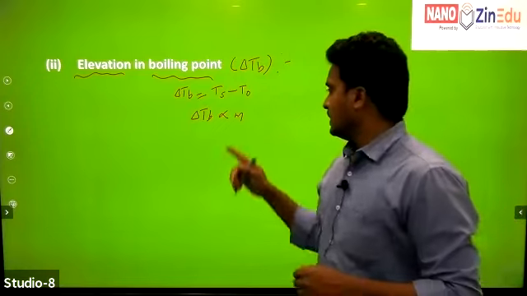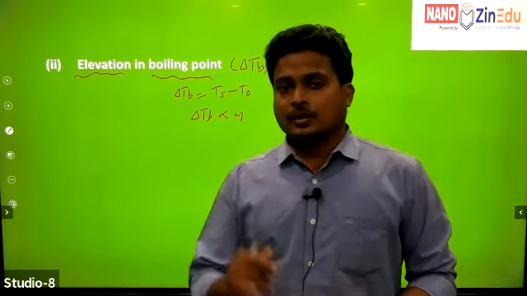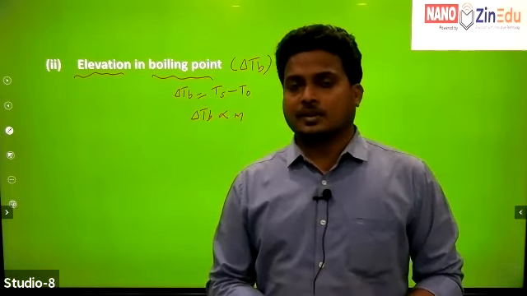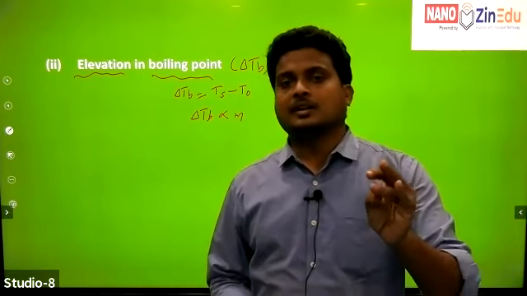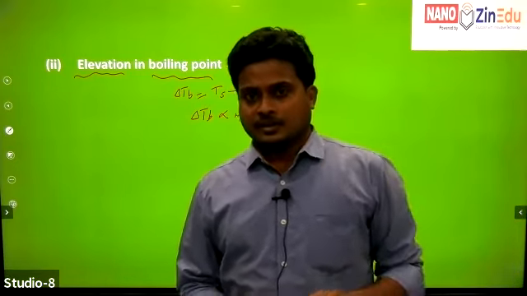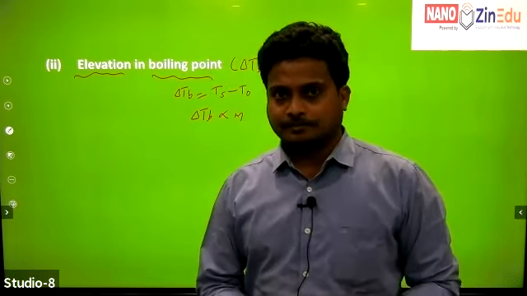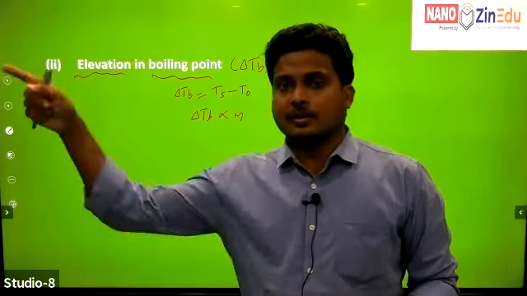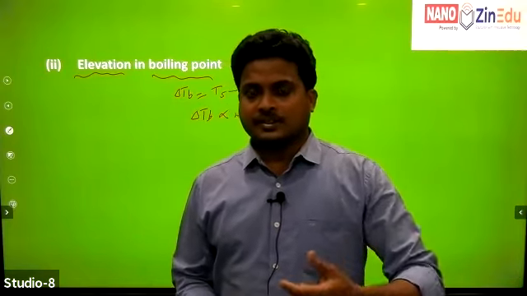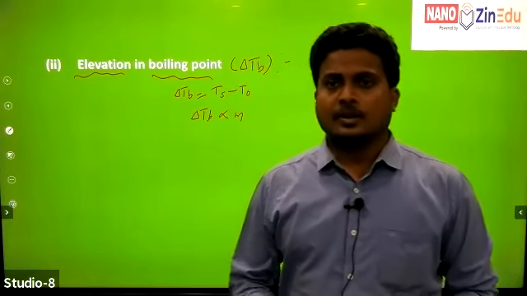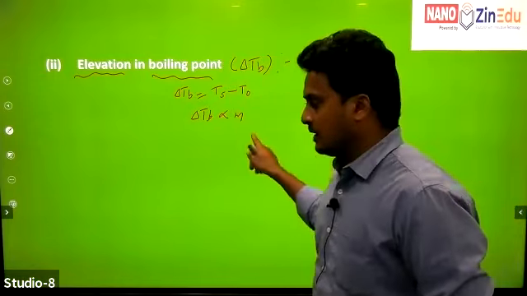Don't forget it is molality, because as temperature changes, only molality and mole fraction are constant terms; all the rest change, because molarity and normality depend upon the volume of the solution. But in the case of molality, the formula is weight by molecular weight into 1000 by weight of solvent in grams or kilograms. Does weight change with temperature? No. That is why we are using the concentration term molality.